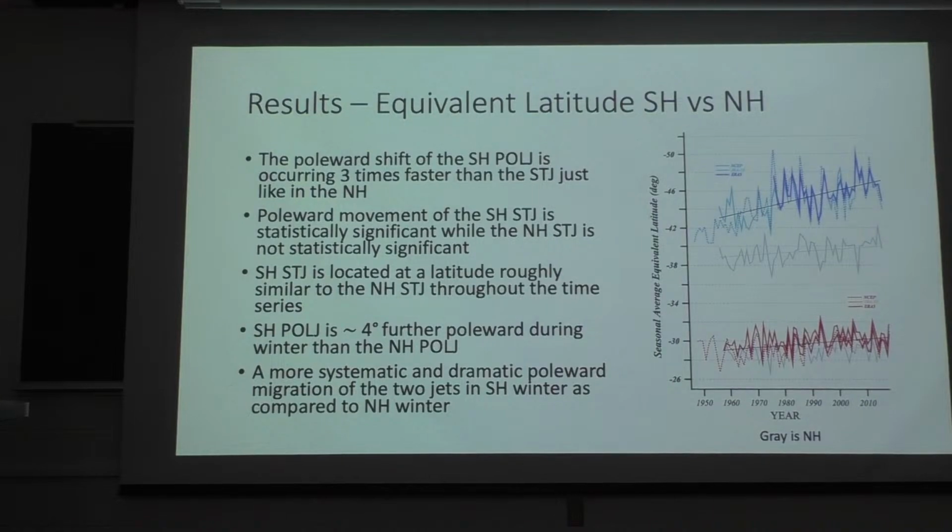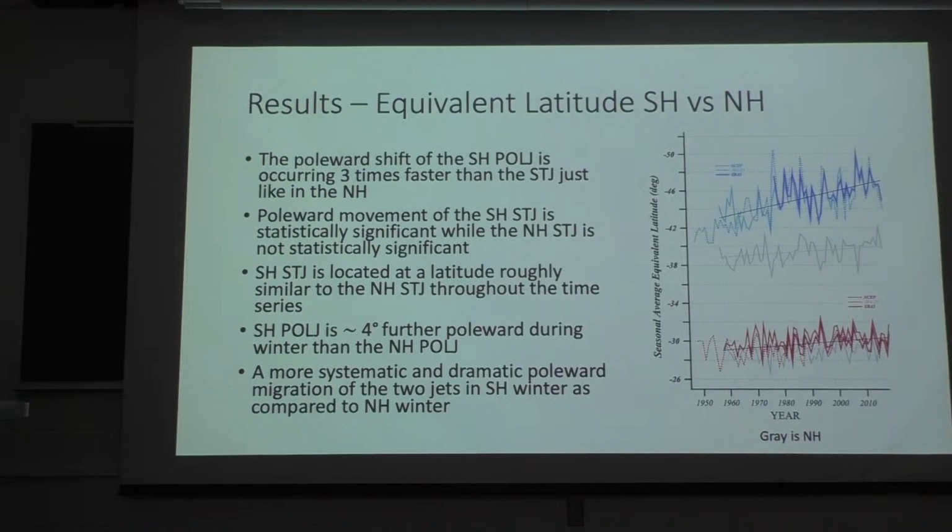Comparing these to the Northern Hemisphere, the poleward shift of the Southern Hemisphere polar jet is occurring 3 times faster than the subtropical jet, just like in the Northern Hemisphere. The poleward movement of the Southern Hemisphere subtropical jet is statistically significant, while the Northern Hemisphere is not. The Southern Hemisphere subtropical jet is located at a latitude roughly similar to the Northern Hemisphere throughout the time series,